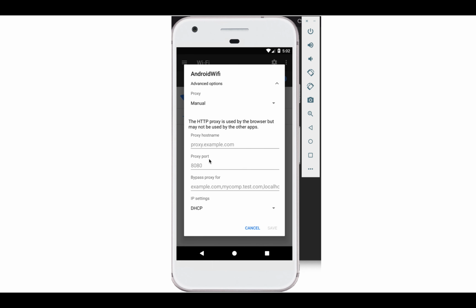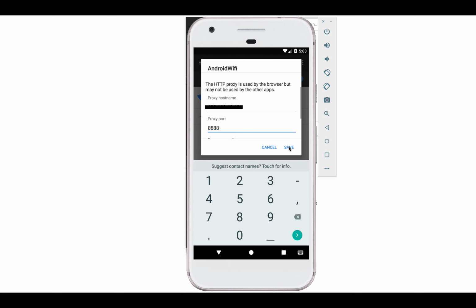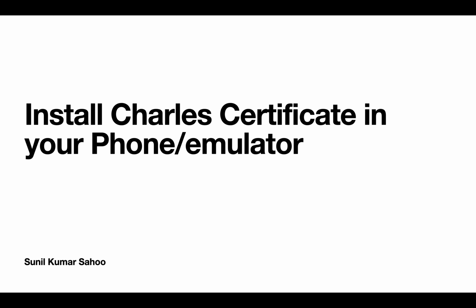then you will get a prompt like this, where you need to enter the proxy hostname and port, and the hostname will be whatever we have copied from that Charles. That will be our hostname here, and port will be 8888 for Mac. So enter that hostname whatever we have copied from that Charles. Enter the port. Now that is set up. Charles is set up, but in order to work,